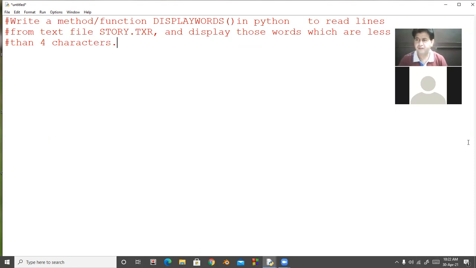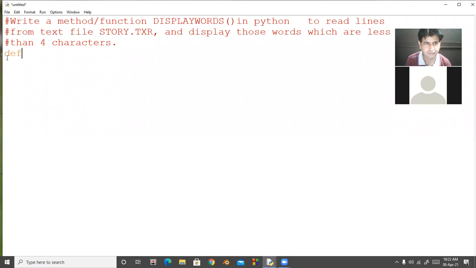Avi, unmute yourself. Sir. First of all, tell me, is this program of a text file or a binary file? Sir, this is a text file operation. Yes, good, very good, beta. Okay, now I am starting this program. First of all, you should know whether it is a binary file or a text file. So first, they are saying make the function.